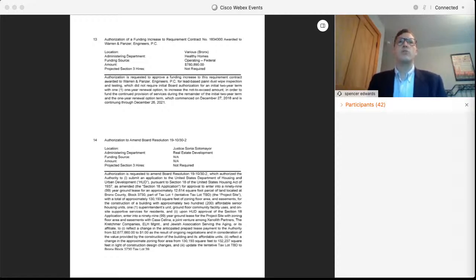The prior board resolution authorized submission of a Section 18 application to enter into a 99-year ground lease for an approximately 12,000 square foot parcel of land on the grounds of Sotomayor houses in the Bronx to build an affordable senior housing development with approximately 200 units and 1 superintendent unit, ground floor community facility uses, and on-site supportive services for residents. The newly created affordable housing units will serve senior households earning up to 50% of the area median